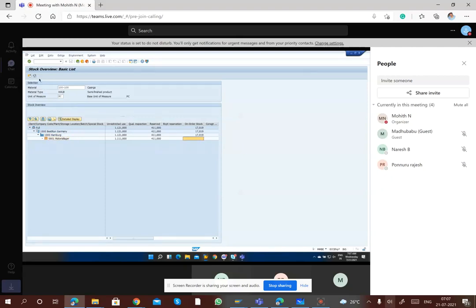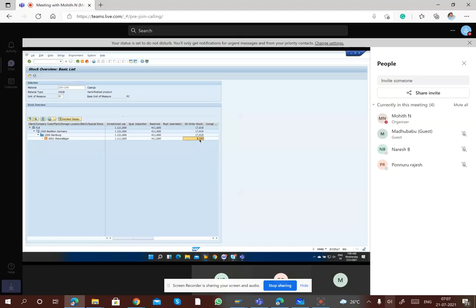I'm just doing an experiment. Like if I mention the storage location in the PO, whether that unordered stock for that certain storage location will come here or not. Okay, so if you observe, in our PO for the storage location, there are 8 quantities still left to be delivered. Earlier I maintained storage location at the GR level, right? Now I maintain the storage location at PO level, so it is showing for this storage location, it should be 8 quantity which is still to be delivered.